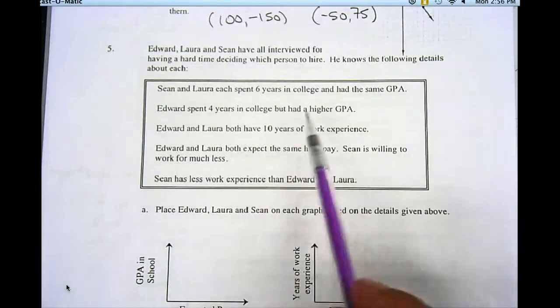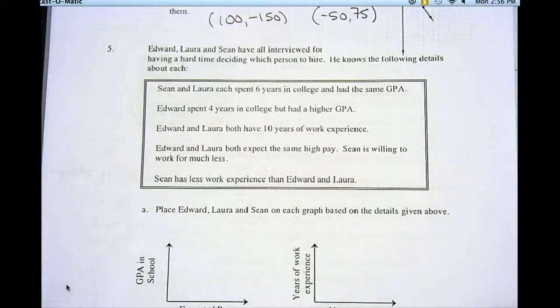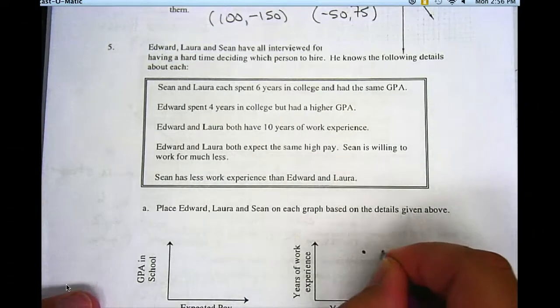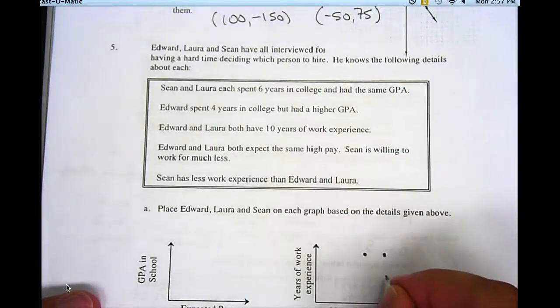Sean and Laura have each spent 6 years in college and have had the same GPA. So Sean and Laura both have 6 years in college and the same GPA. Edward spent 4 years in college but has a higher GPA. Edward and Laura both have 10 years work experience. So one is about 4 years, one is 6 years, and then Sean has less work experience than Edward and